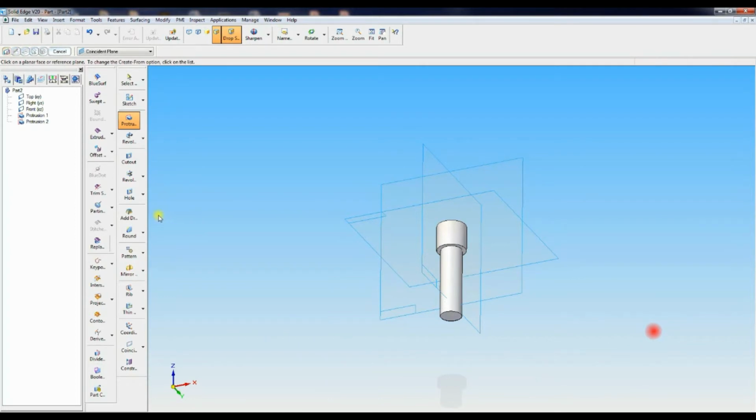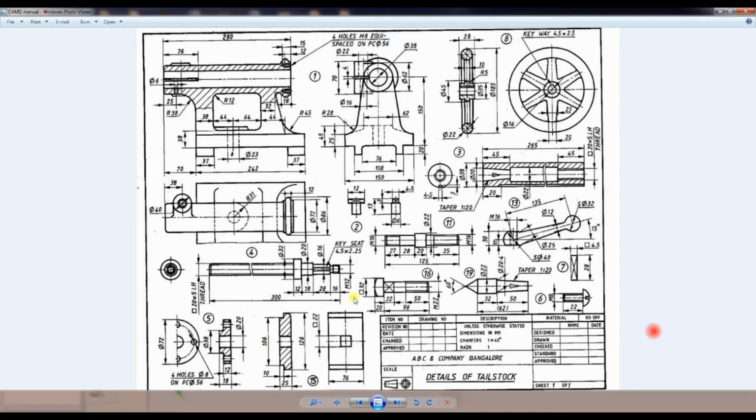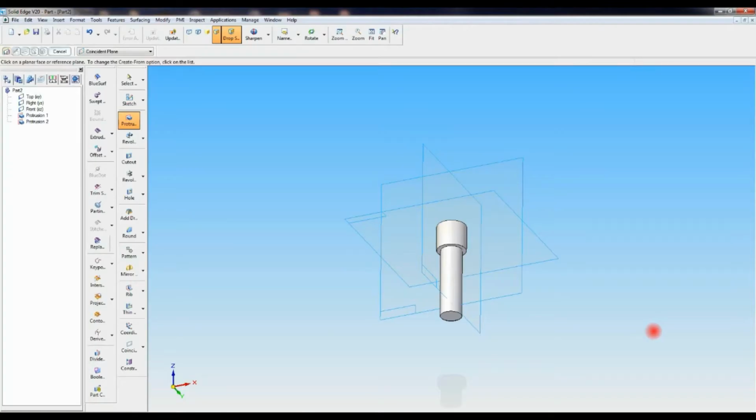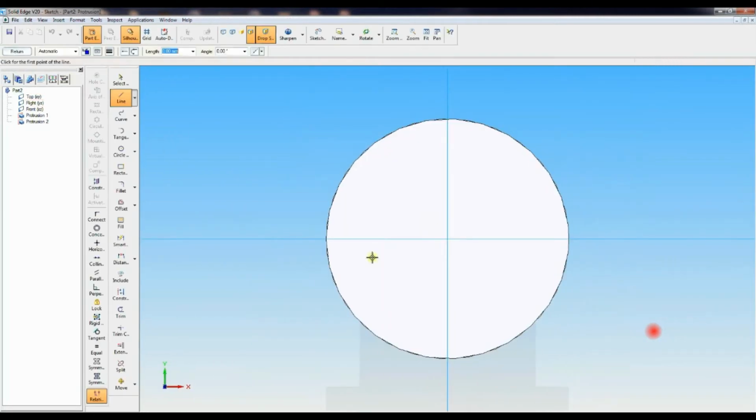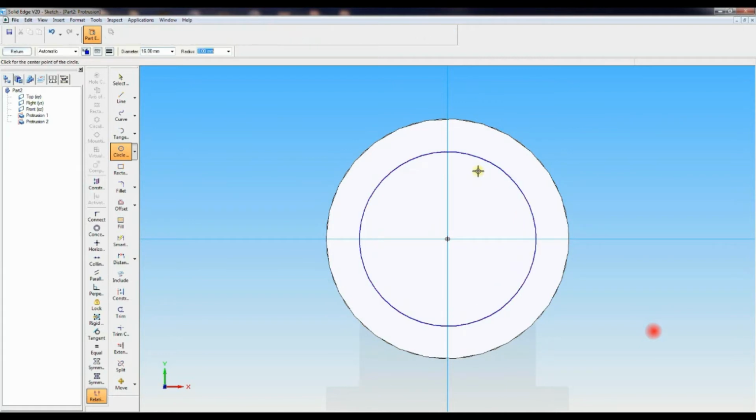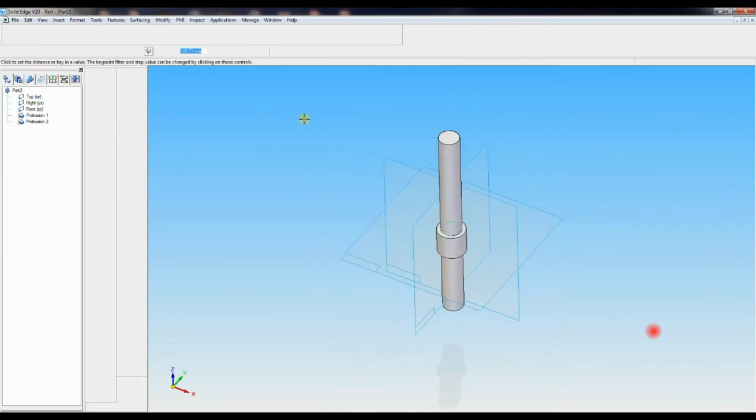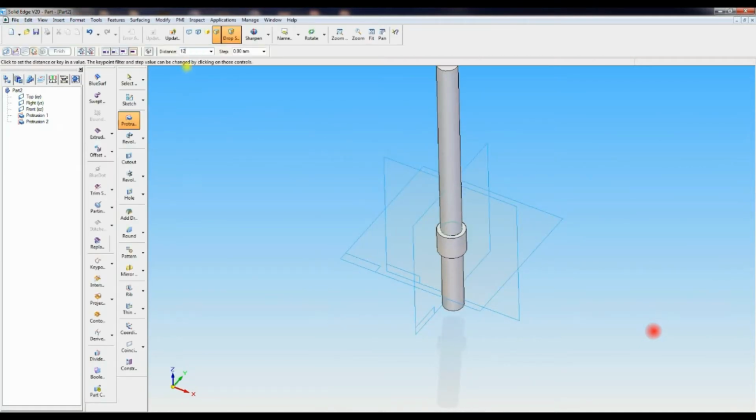Now one more time click on protrusion, select M16, and the length is 125 minus 27 minus 28 plus 20. Select that surface, draw a circle of 16, protrusion command, return, 125 minus 20 minus 28 minus 27, you get 50 mm height.